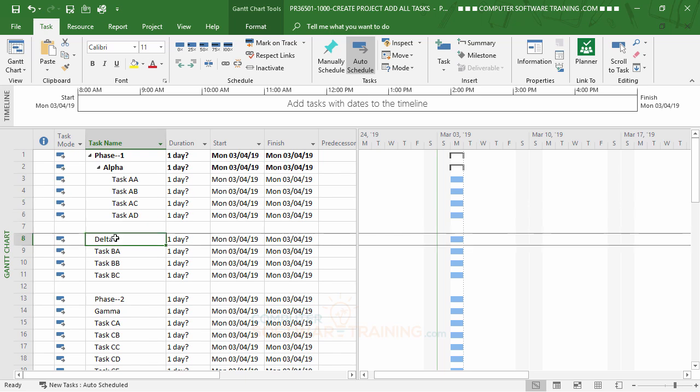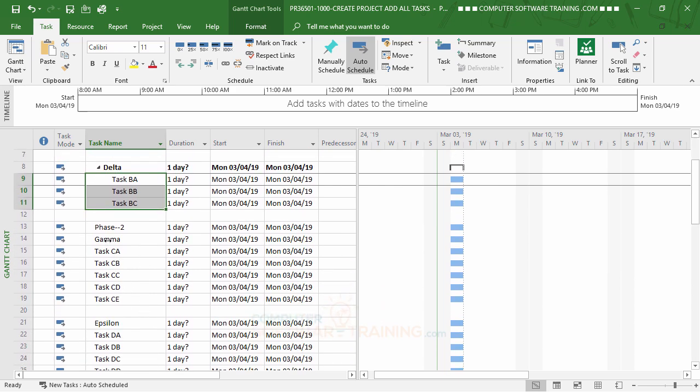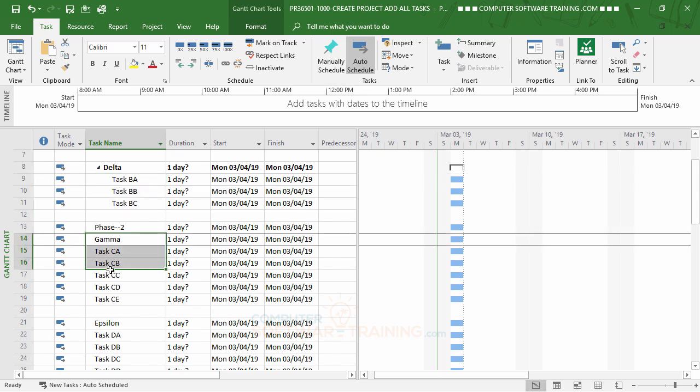So now what I'll do is take this whole section here, indent it, and that will now bring delta in the same alignment with alpha. And then I'll just take the latter three tasks here and indent that, and that fixes that one up for us. So that looks good. All right, now we'll go back to phase two, highlight all of that, and